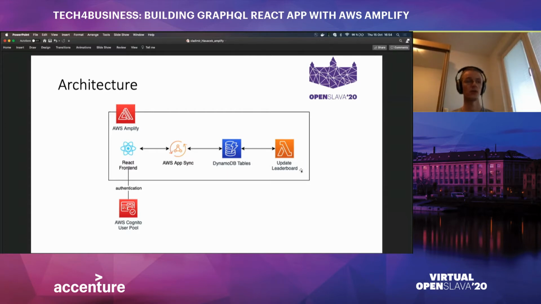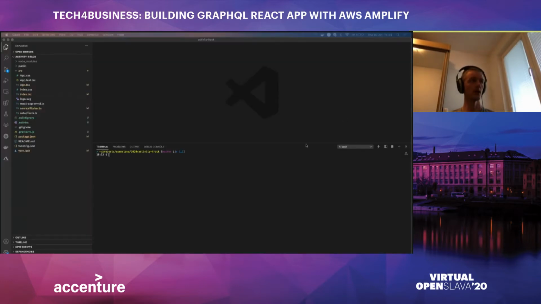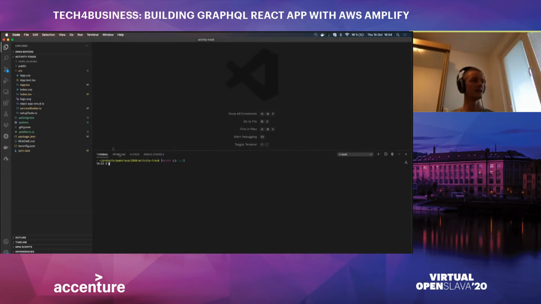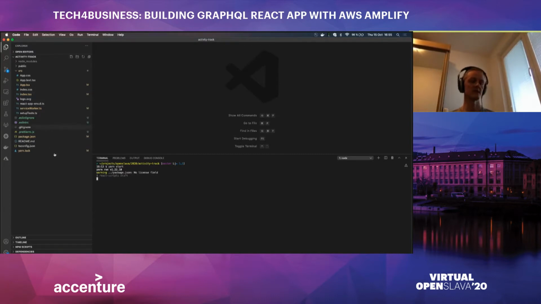So with this, I will go to our Visual Studio Code. Here I have started just a standard create React app application. There is really nothing else. If we run this application with Yarn, there is the application itself plus added libraries, right? So if the application starts up, we should be seeing something like